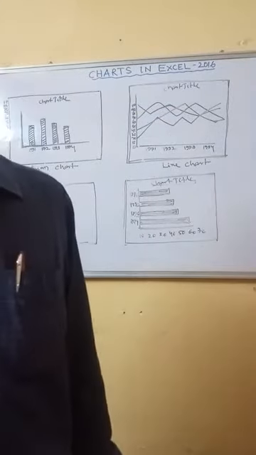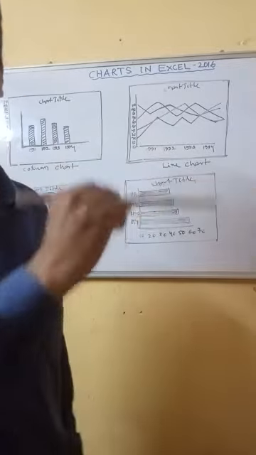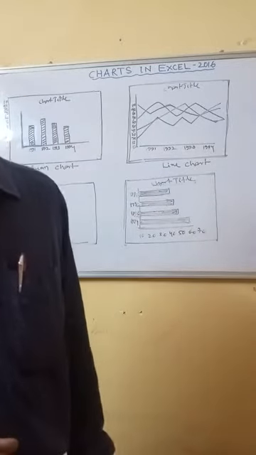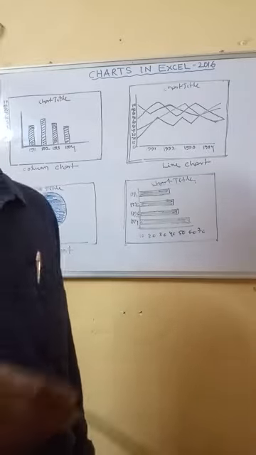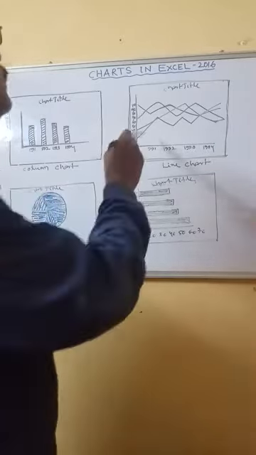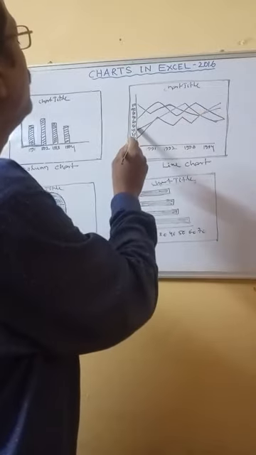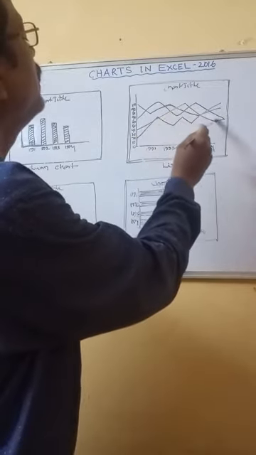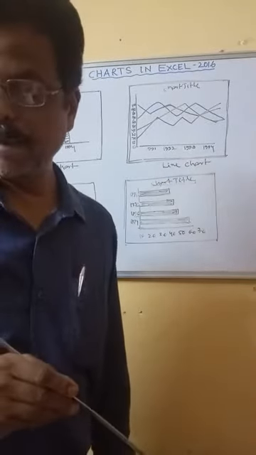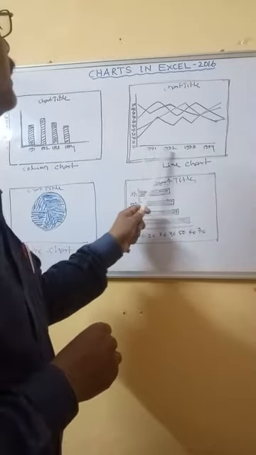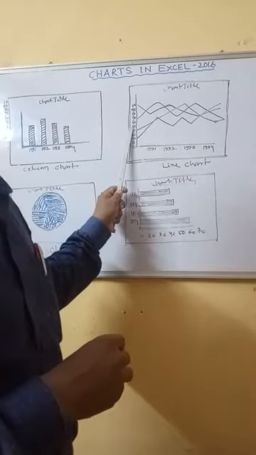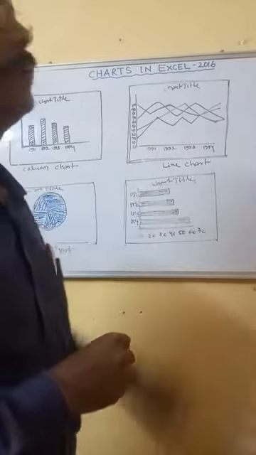In this form, there is one complete line for each series of data values, and it compares the trend in the data at equal intervals. So we are comparing this one: it went this way, then this way, then this way. And this one started, then came here, then went down here. Like this we can compare the values. This is one type of chart, your line chart. Here your x-axis, here the y-axis. So this is your line chart.